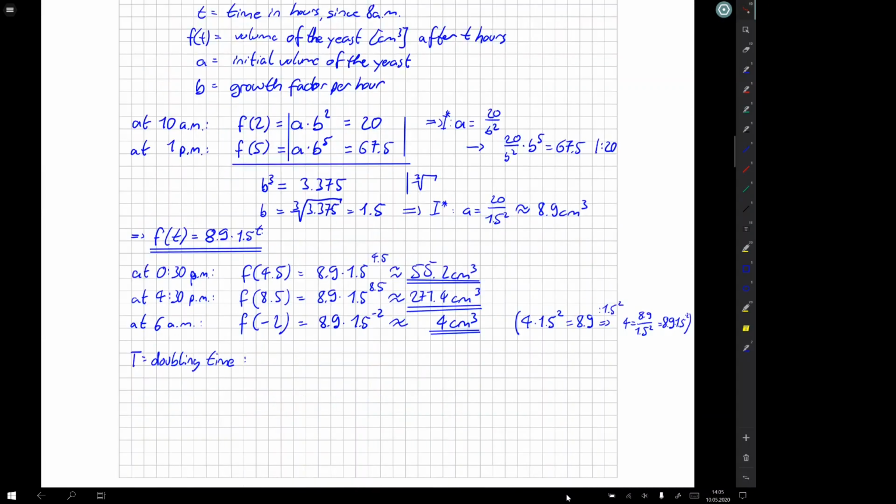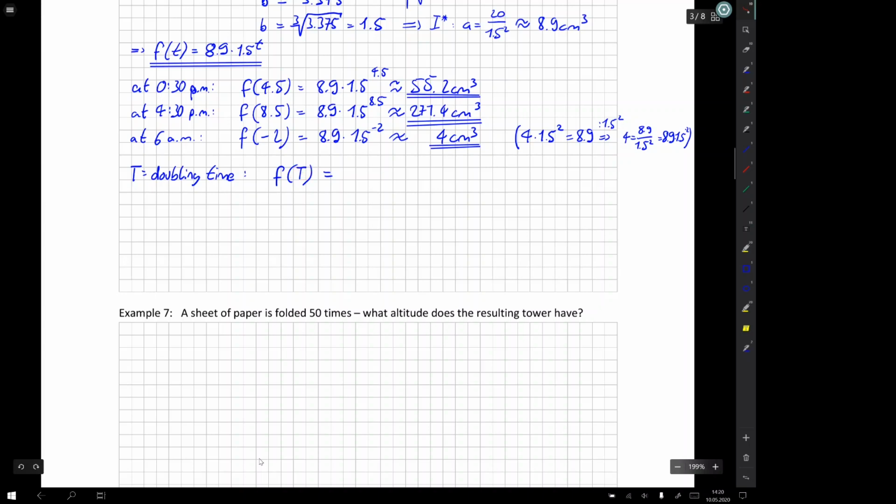The last question is about the time it takes the volume of the yeast to double. So let us call capital T the doubling time. This expression, doubling time, is an invention of mine. And let us look at f of capital T. This means the volume of the yeast at time point capital T. We could insert this capital T in the function for the growth, but let us first insert it in the general growth function. So we get a times b to the power of capital T,